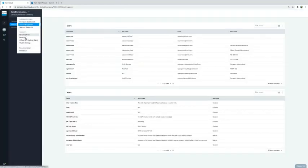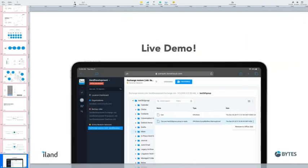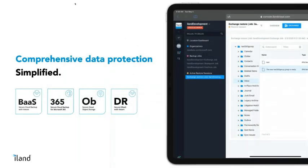And with that, I'll go back to the first point. This has been a quick overview, but given the power and the control and the visibility, we'd really encourage you to reach out so we can show you a little bit more in depth about how this works and how it can be useful. With that, I'm going to go straight back to my presentation and go to the next slide. So as I mentioned, concluding a little bit here, we really have a comprehensive data protection